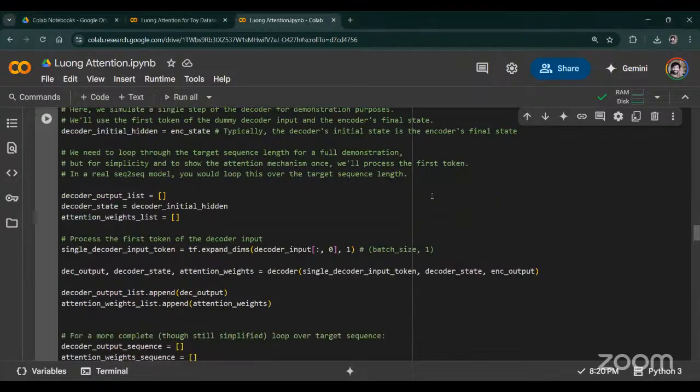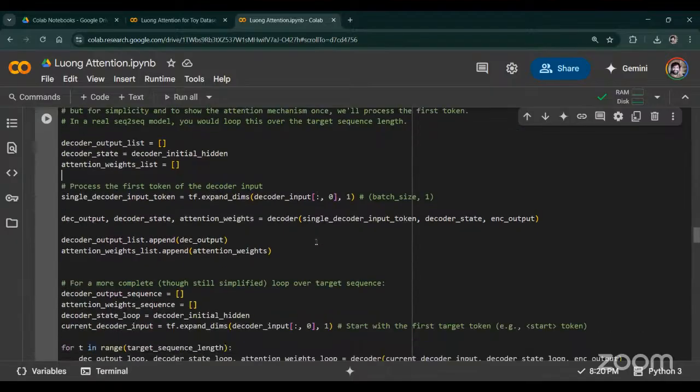So here I think I have added also. Yeah. So the next step, what we are doing is we are trying to add one step after the other, single token, then the previous hidden step, then the encoder step, and so on. So for that, we are trying to return a few values. Okay. So after applying,